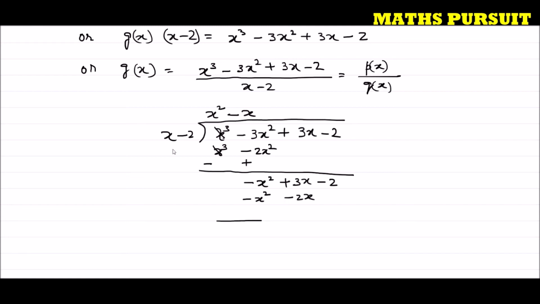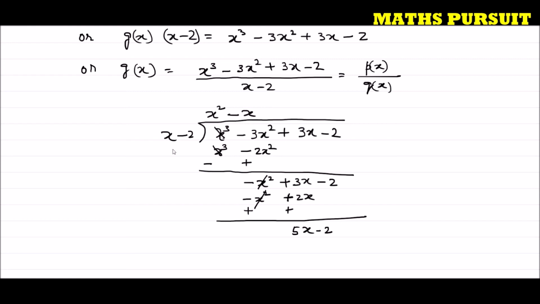So I did the same thing. Now I am going to reverse the symbols. So here minus x to the power 2 and plus x to the power 2, it cancels out, and here plus 3x and plus 2x, it became 5x minus 2. So what we got here? We got 5x minus 2. Now guys, no, here it is minus x and here it is minus 2. If I multiply this minus x with minus 2, I will get here plus 2x. So there was a small mistake here.